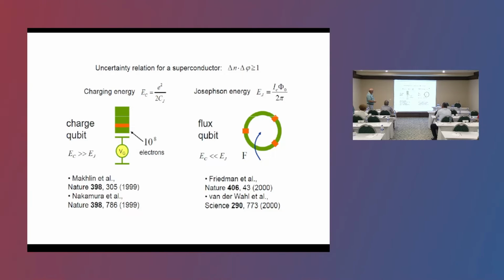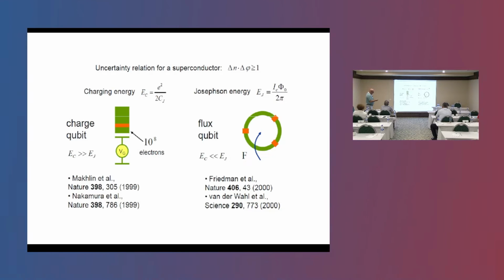Using here the Josephson junction and gate and here the island, we can tune the voltage on the Josephson junction, and changing the number of Cooper pairs leads to results similar to